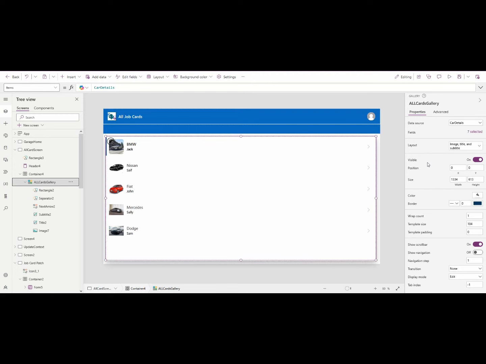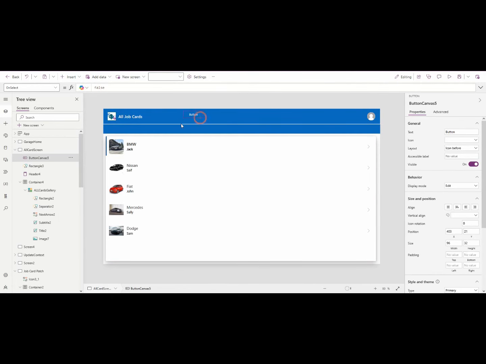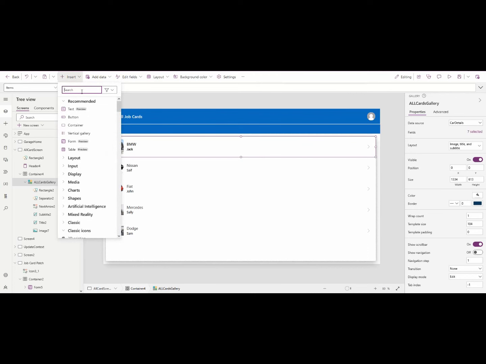Okay, so for this gallery, let's give it a better view. You click on edit here to make sure that you are editing inside the gallery, because if I want to add something in the gallery and I'm not clicking edit gallery, it will add it outside of the gallery, so it will not do what I want. So I click on the gallery and this little edit button here, then I click insert, so we can now use this nice progress bar